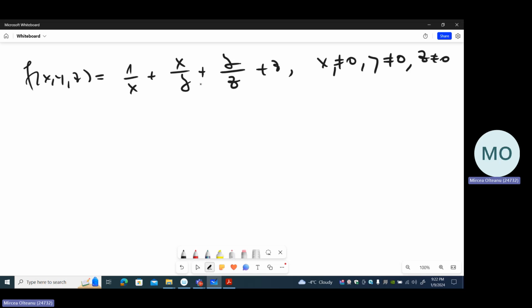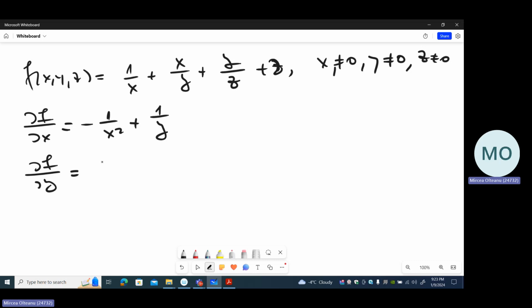Okay, this is a function of 3 variables. The computation will be a little bit longer, but the algorithm will be the same. First, we compute the partial derivatives. And with respect to z,